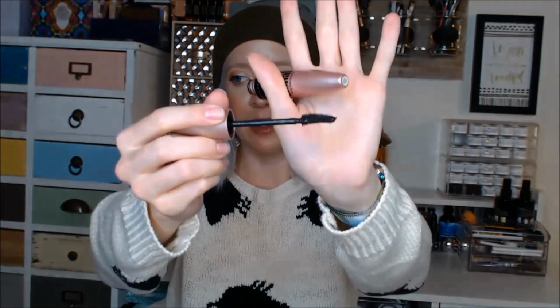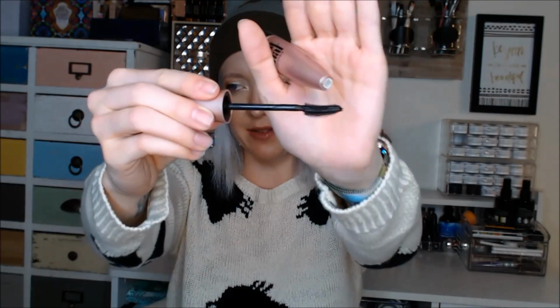It makes them full and long, and it's beautiful. I love it so much. And I mean, the wand is great. You can use the swoopy bit to get in there, and then you can use this bit to comb them out. It's an amazing mascara, and I have a hard time trying other ones because I love this one